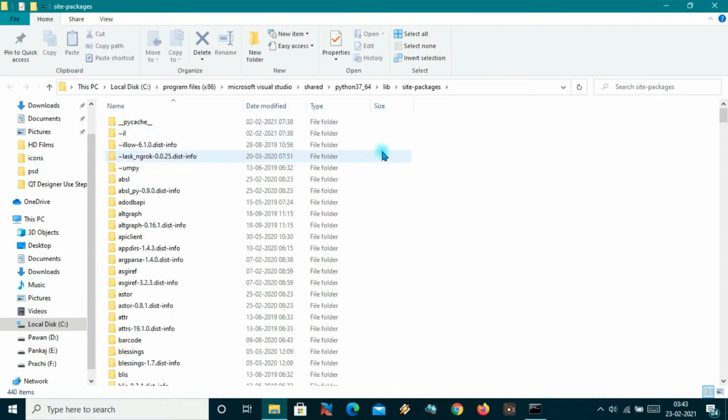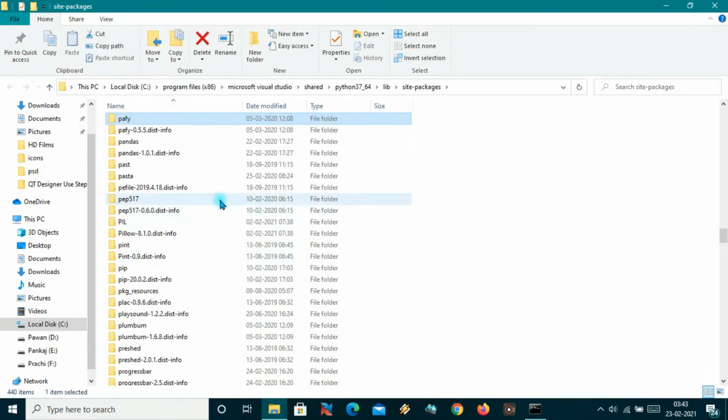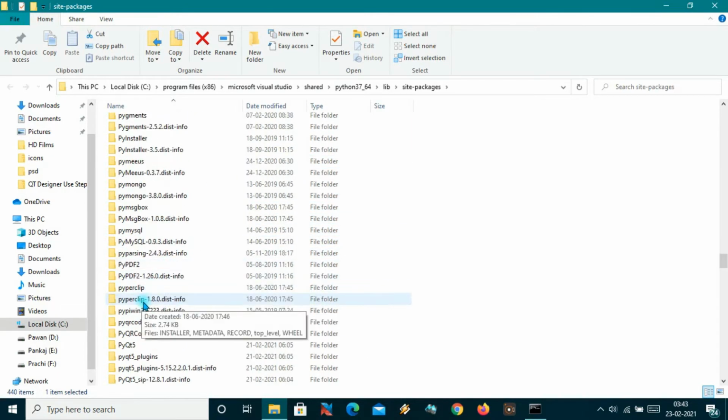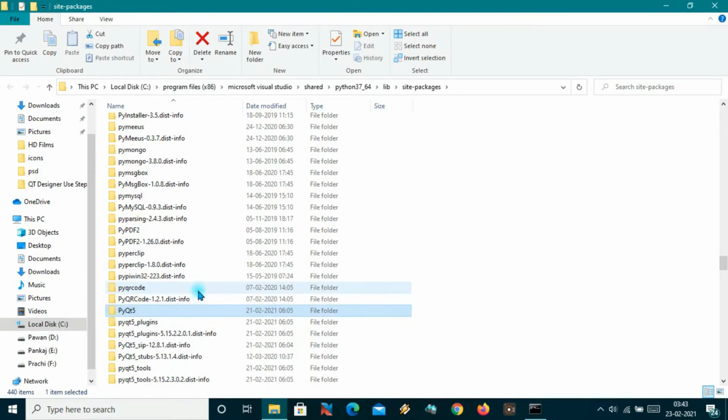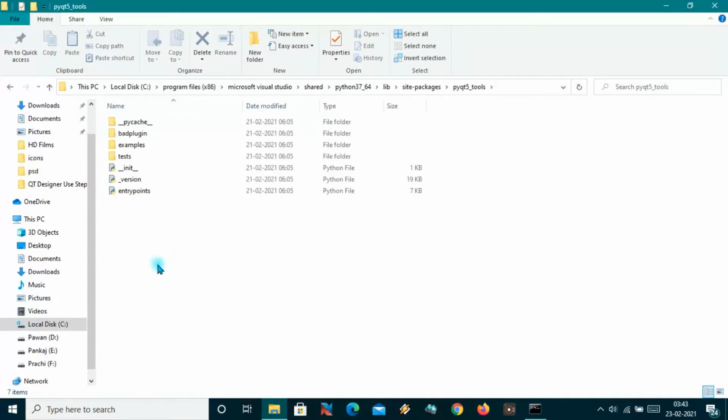It will open that path, and now under this path let's search for PyQt5 and PyQt5 tools. Here is PyQt5 and all its tools, and as you can see, here is PyQt5 tools.